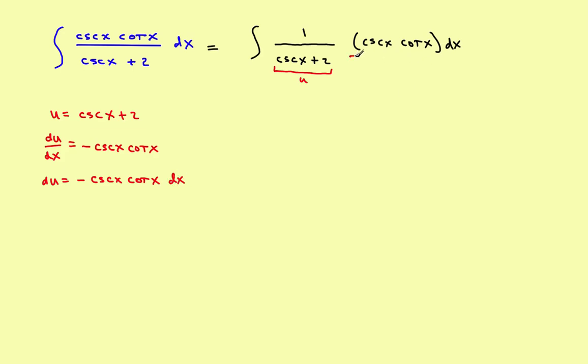Now, what I'm trying to get rid of in my U-substitution is this right here. So I'm trying to eliminate this using U-substitution. And sure enough, here it is. The only trouble is this negative. I don't need the negative, so move the negative to the other side. So that gets you to a negative du is cosecant x cotangent x